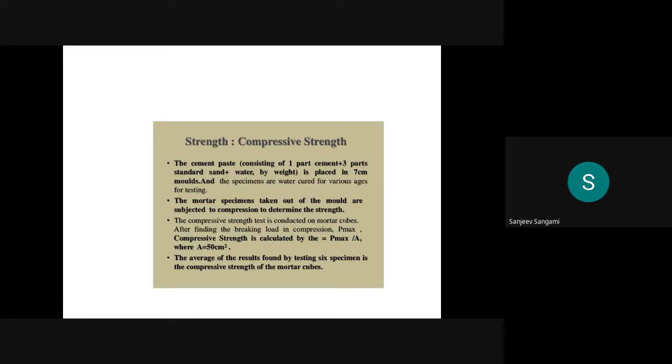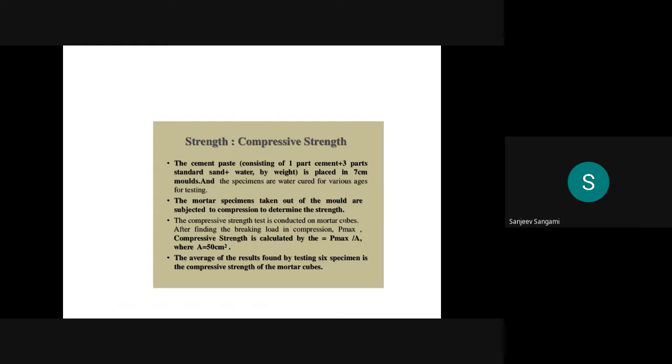So that is P max. Compressive strength is calculated by P max by area, where area is 50 centimeters square. That you have to calculate. That's it. The average of the results found by testing six specimens is normally